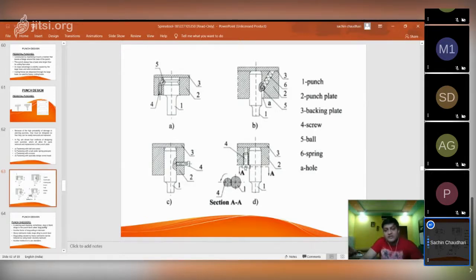So depending upon the operation, you can easily remove your punch, and within a small period of time you can attach a different punch also. So depending upon the application, operation, mode of mass production, batch size, and time required, you can use these different types of punch designs.